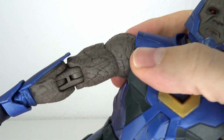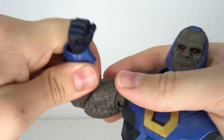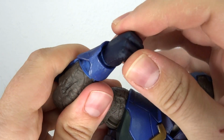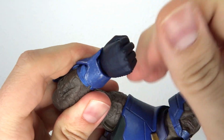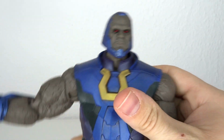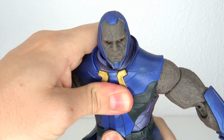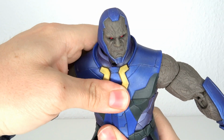To get the plastic out of the way, you got the big bicep swivel, double hinge elbow, and a fist that's on another ball hinge, so you can rotate that around and back, forward, articulation. Chest area is a mystery to me, honestly. Now, honestly, I can't tell what it is. There's something I can move around, but